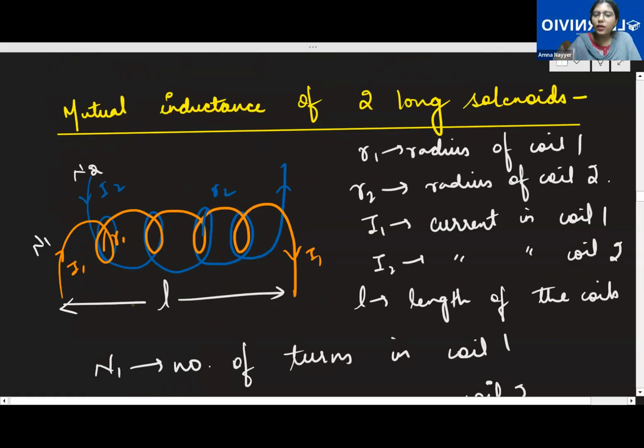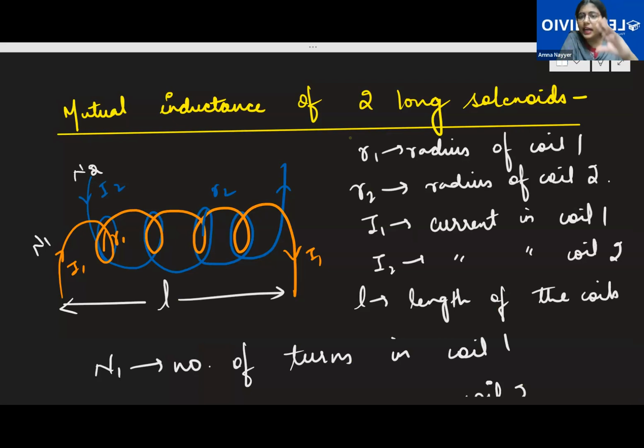Now remember one thing, since we are talking about mutual induction, the magnetic field will be due to the other coil. That's what we studied, that the magnetic field will change in one coil and the effect you will see in the neighboring coil. So similarly here, if I'm calculating the flux on the first coil, I'll consider the magnetic field of the second, and if I'm considering the second, then the first will be used. Because the magnetic field of the primary will change, and the effect you will see in the secondary.